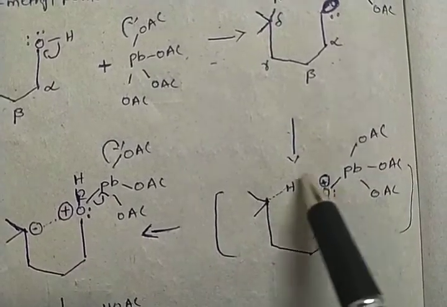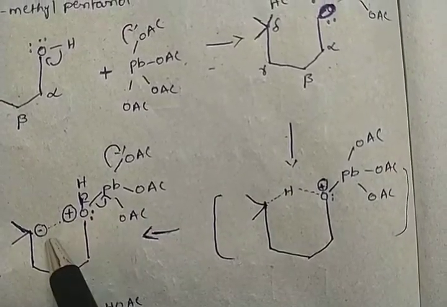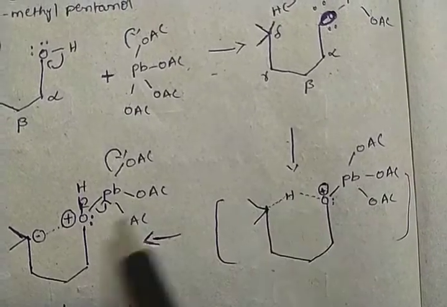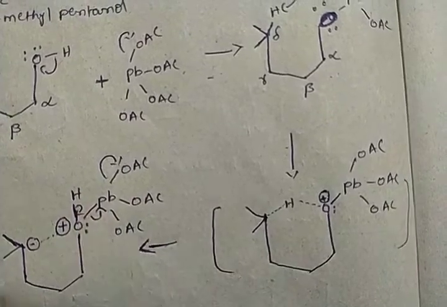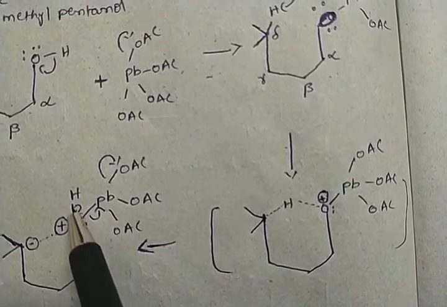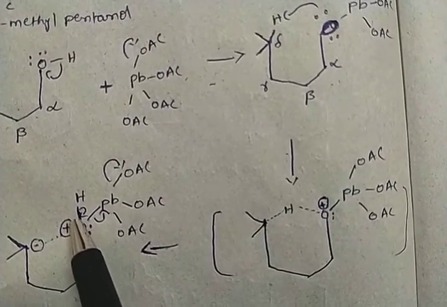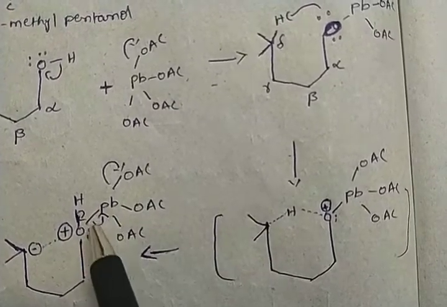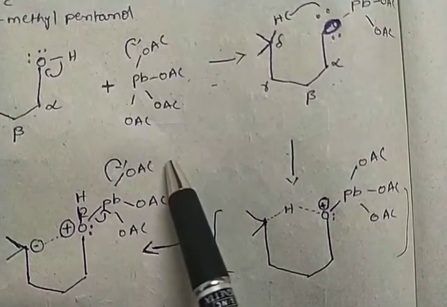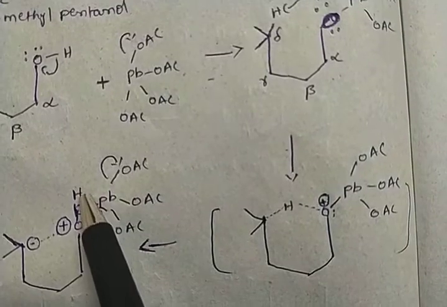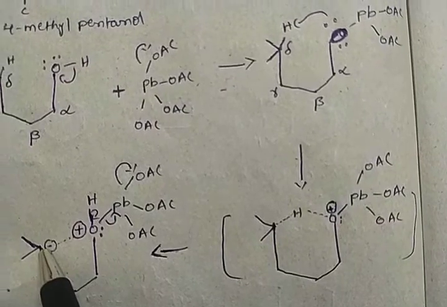Of course we can explain it with the radical mechanism also, but this is somewhat easier to understand, that's why I am explaining it this way, my dear friends. The actual mechanism is the radical one, but we can explain like this also. So here the proton will shift towards the oxygen atom, so oxygen will get the negative charge, and it will already have a positive, so it will be a lone pair. Then again this bond will be cleaved, so that it gets the positive charge, so that's why I have written the positive here. The acetate ion will be liberated like this, acetate and hydrogen will form acetic acid, and lead diacetate will be liberated, and the bond formation will be like this.